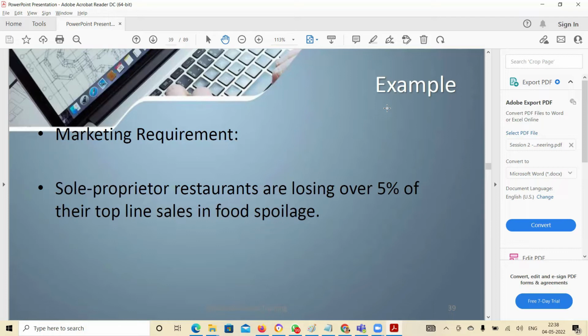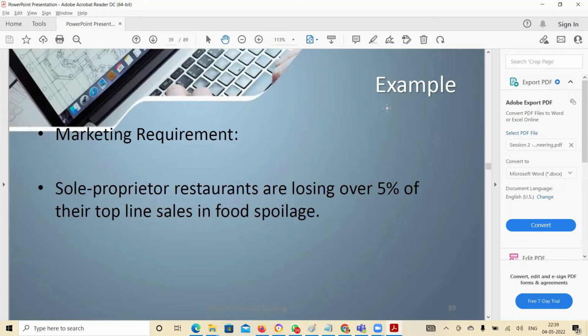If they make daily sales of 100K USD, you are losing 5K, $5,000 every day in food spoilage. That means your food is getting spoiled and you cannot reuse it. In the food industry, spoilage is a bigger thing. So this is the business problem, right?